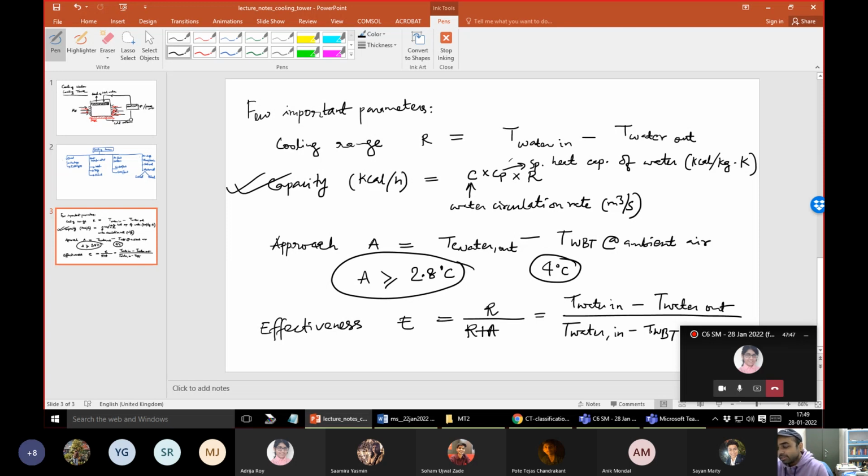Okay, so we'll stop here for today. And then we will continue about the mathematics behind this cooling tower design. So anybody has any questions on this? There are some other things also regarding the cooling tower operation which we'll also need to discuss, and that is something we'll talk about possibly in the next class. I do not want to jumble too many things or too much information at one point of time.